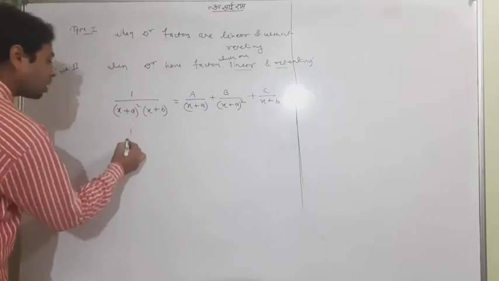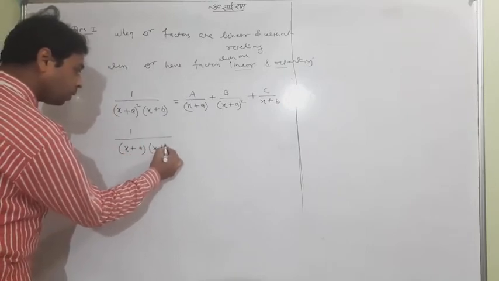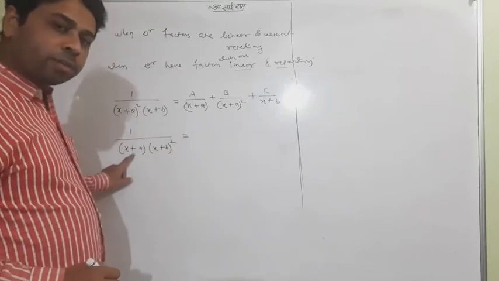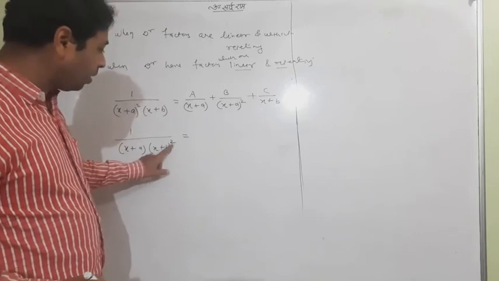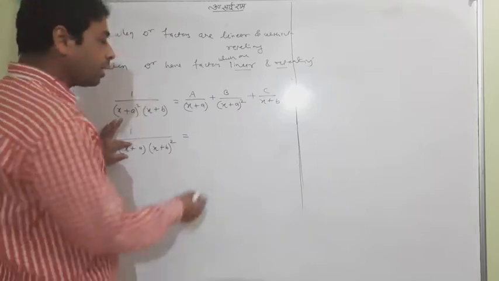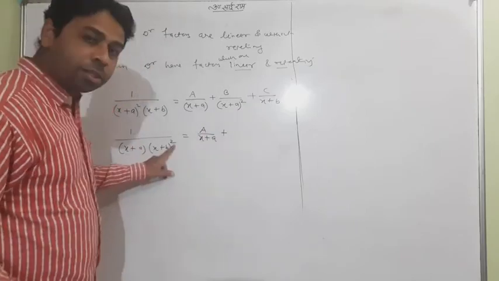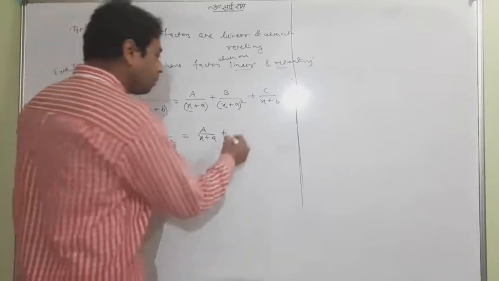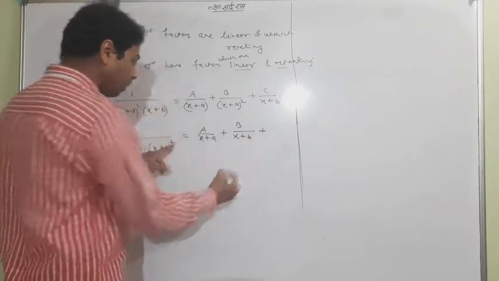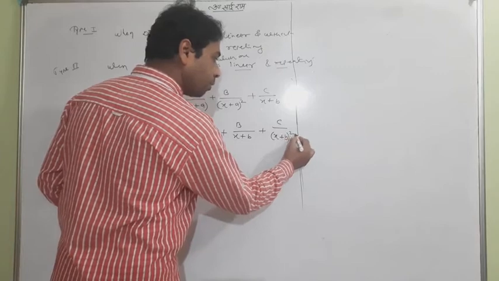If you don't understand, let me take one more. Suppose this is coming like that. What will you write? It is linear without repeating, first type, and this is repeating, second type. So first you deal with this one. You will definitely write a upon, because it is the first type, you know it. But it is repeating, so how did I teach you repeating? After a, it becomes x plus b single power. It was a 2, so c upon it squared.